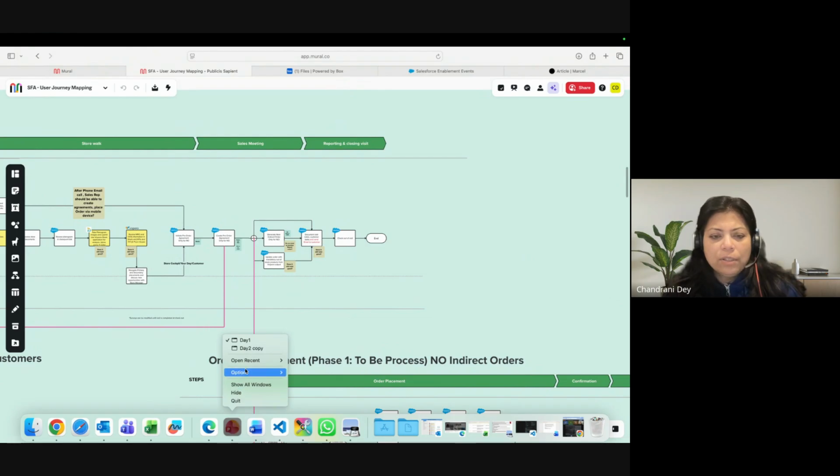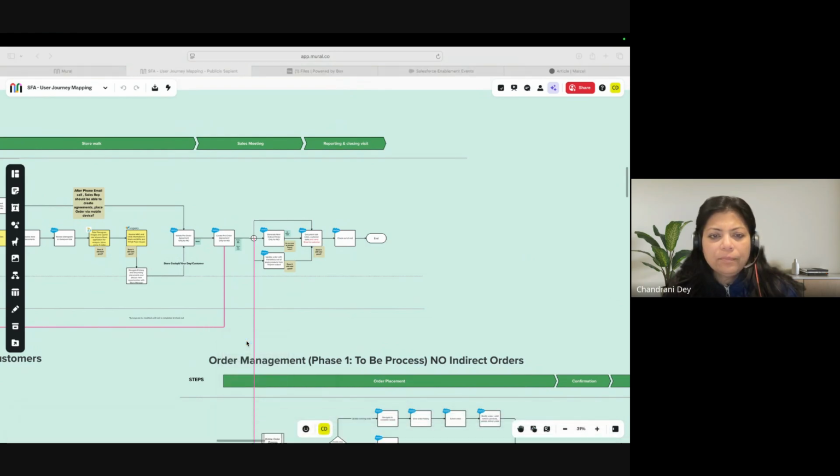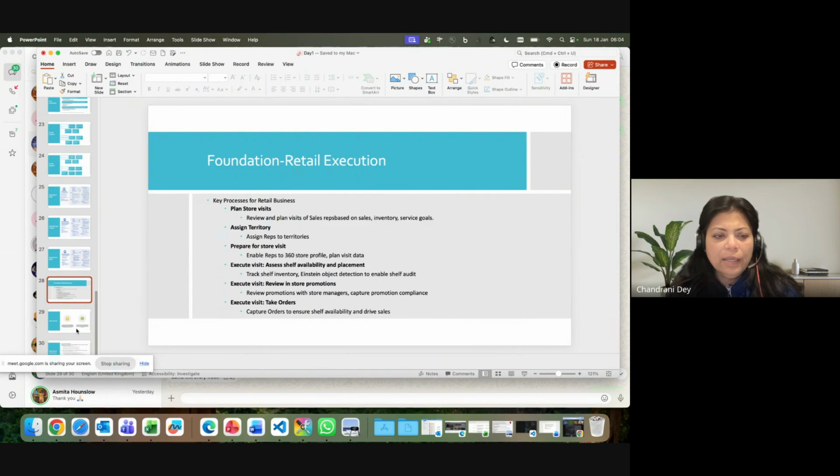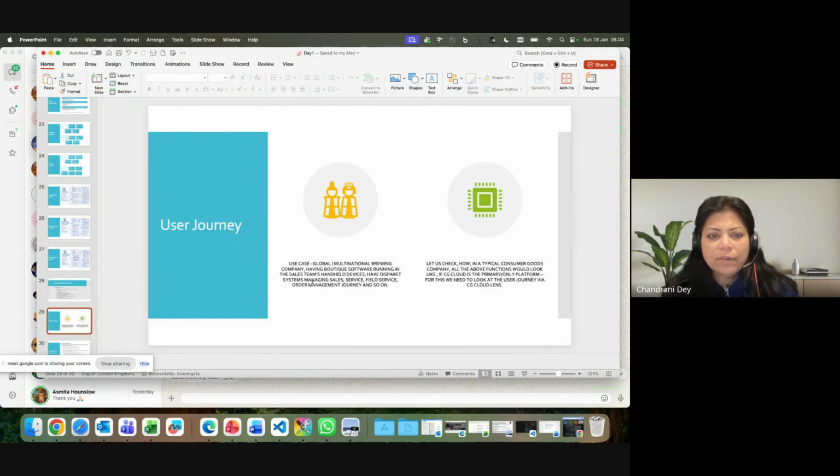So this is how a typical retail execution looks. This use case, this user journey, we have now covered. It was a global multinational brewing company, and they had both off-trade and on-trade.